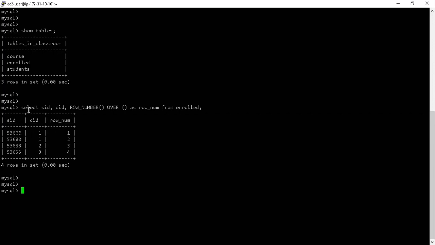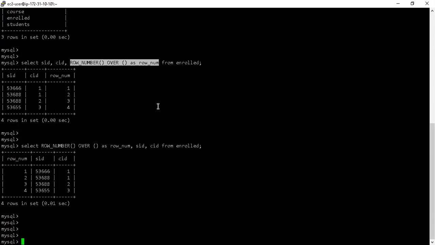Let's say I can do a select of row number over nothing as row num, and then I select the student ID, CID. I don't remember what all the columns were, so let me just continue with this. I can place that window function at any point in time. It's not mandatory to place it at the beginning or the end of the query.